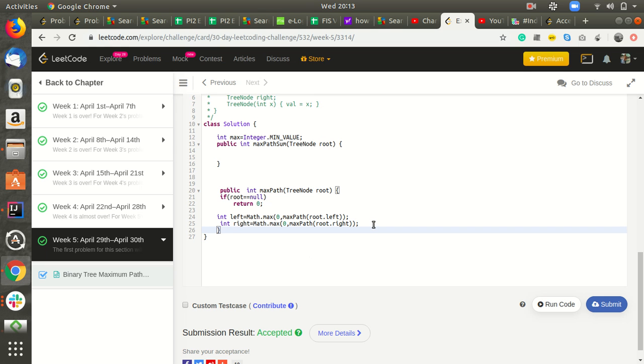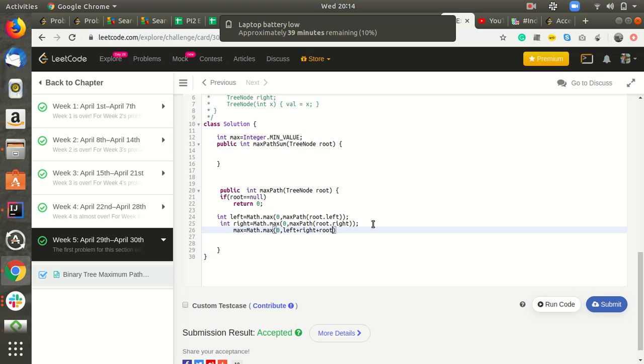So max will be equal to Math.max of max and left plus right plus root.val.